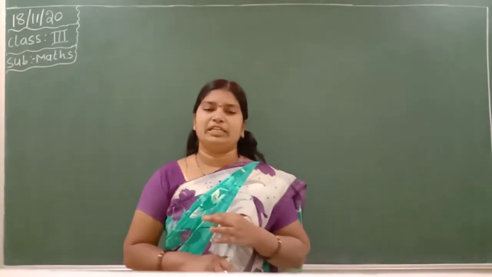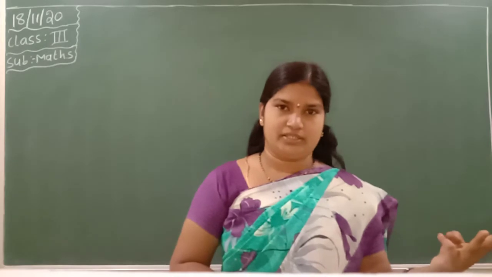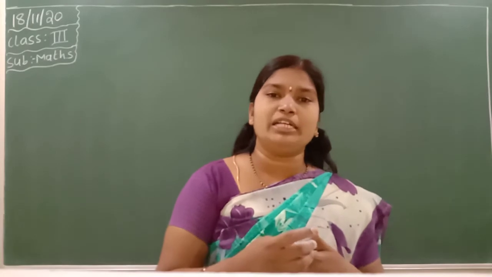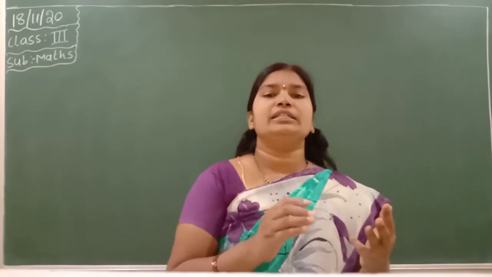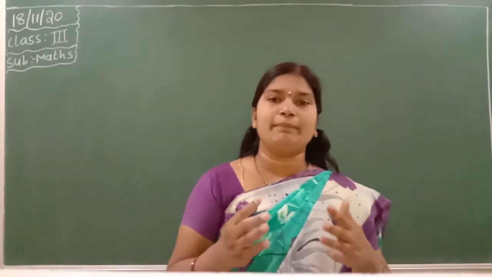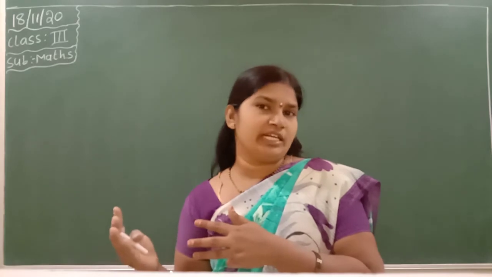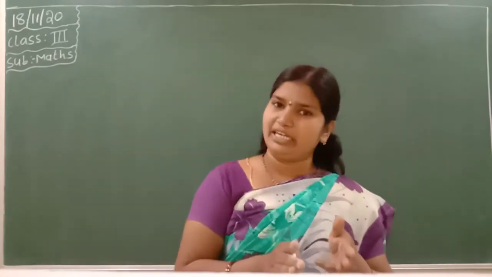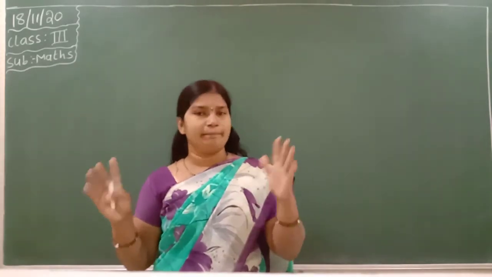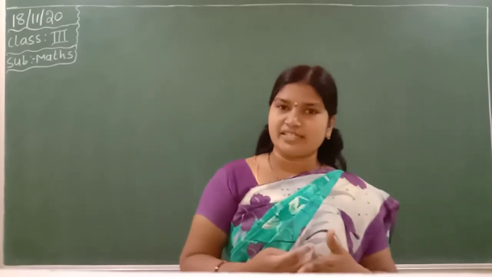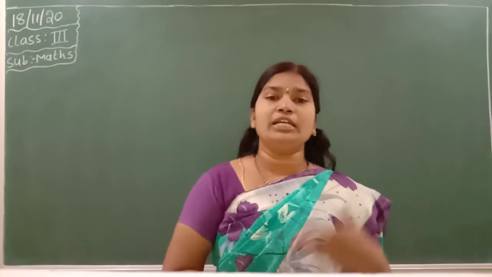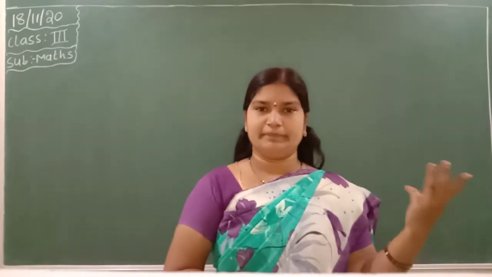Next, grouping property. If you take any three numbers, that is 2, 3, 4, like that, any numbers, first you can multiply A into B and then multiply C. You will get one answer. Next, first you multiply B into C, then that answer you multiply again with A. Then also you will get the same answer. It is known as grouping property. These all we discussed in the previous class. If we are perfect in these properties, you will get multiplications easily.